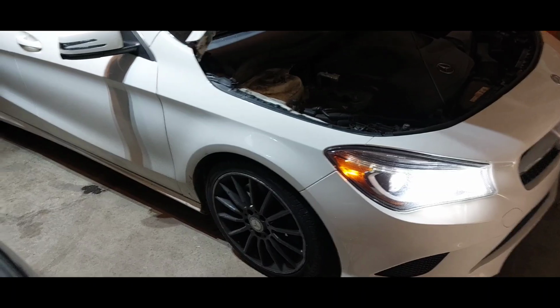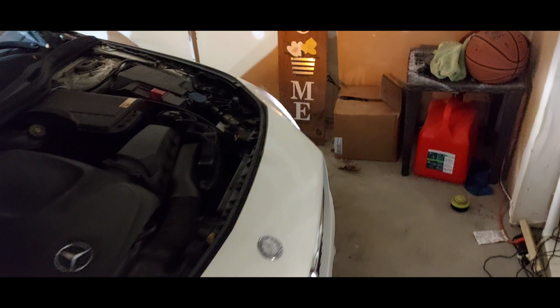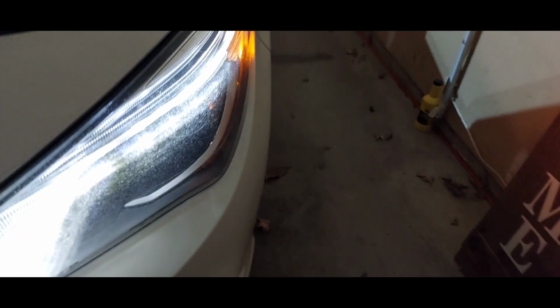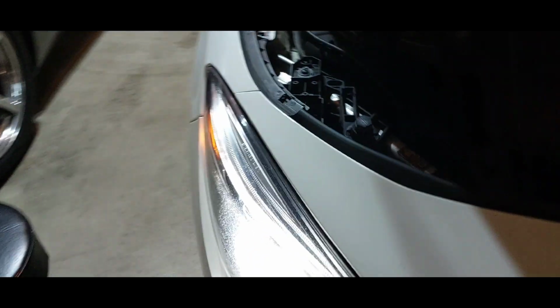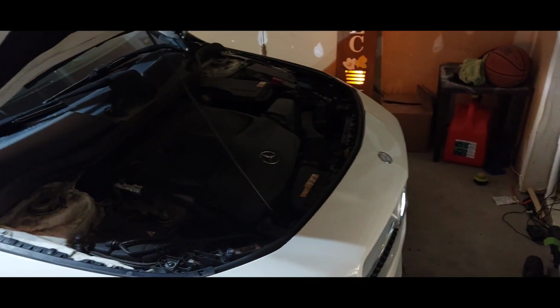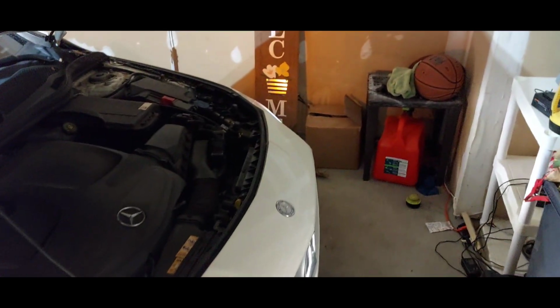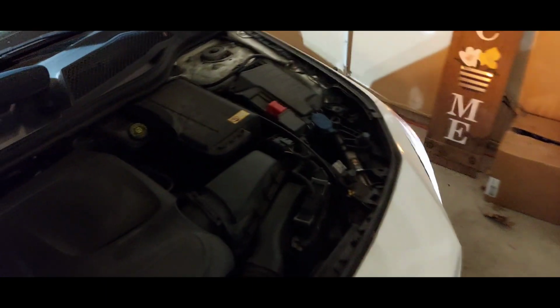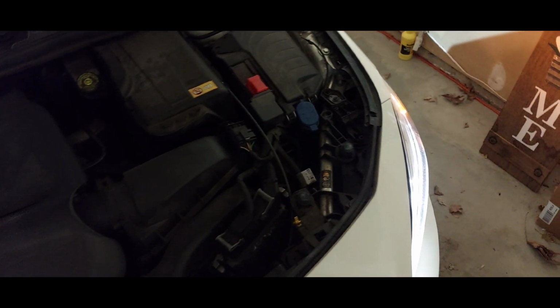Have some fun here. Well, this ain't too much fun. My wife's driver light, the low beam lighting has gone out on a Benz CLA 250. So it's not the light bulb. We've already replaced the light bulb, so it's the ballast module. So that's what I'm going to be doing tonight, is replacing that within her